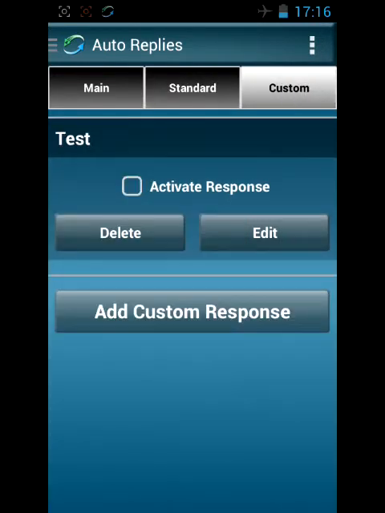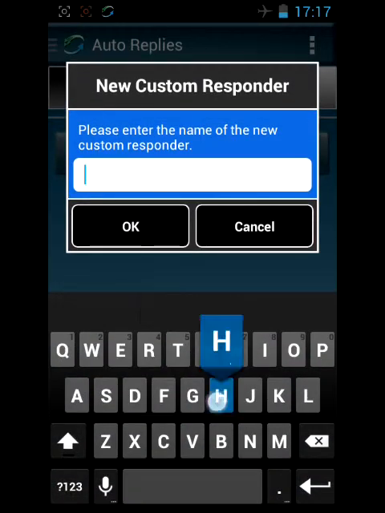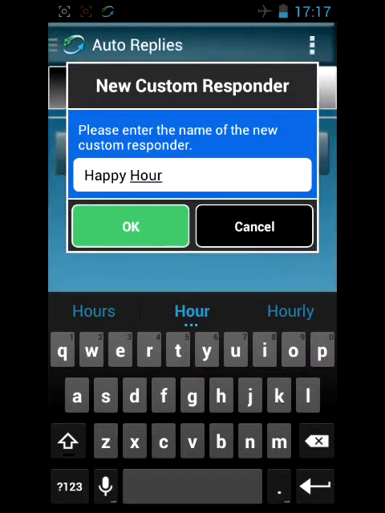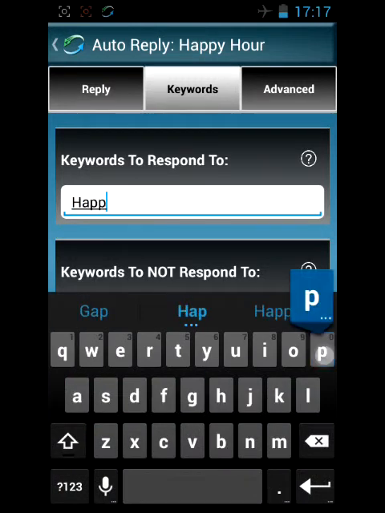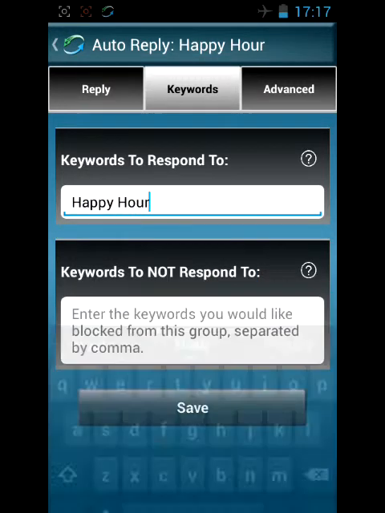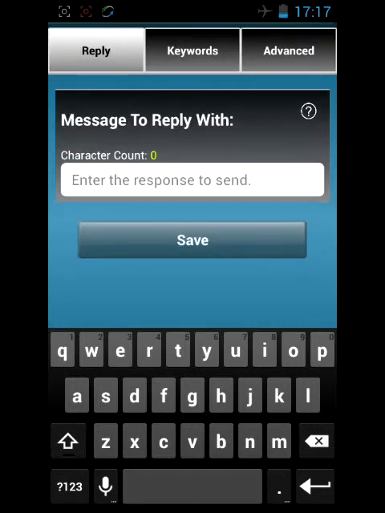And then the third option you have is to create custom autoresponders. I'm actually going to delete this one here. And we're going to add a custom autoresponder, and we're going to call it happy hour. Click OK. And first we're going to start with keywords. Obviously the keyword is happy hour. And your keywords to not respond to, if you wanted to put, don't respond to this, you can put that in there. So maybe my keyword to not respond to would be dinner hour, lunch hour, something like that. And in your reply,